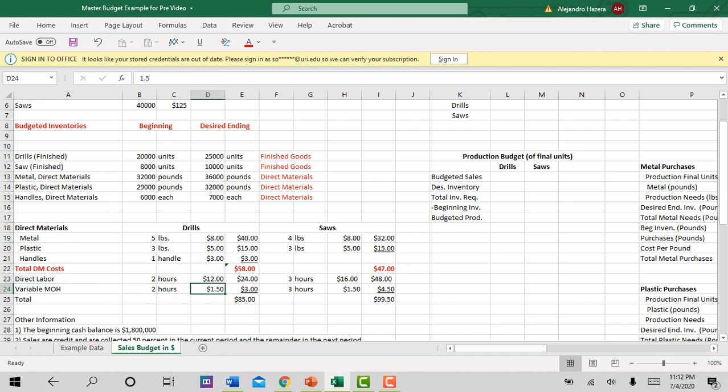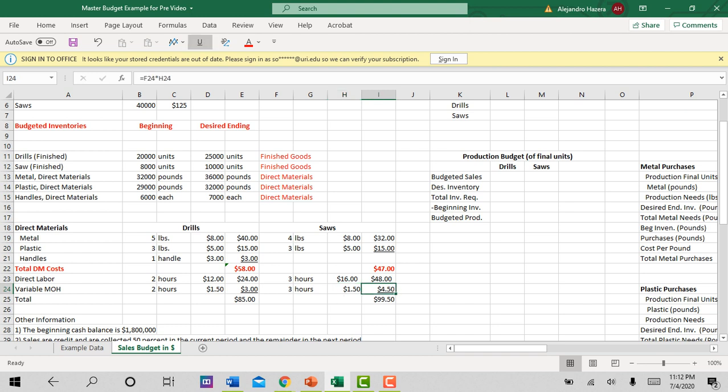And they've estimated that each drill uses $1.50 of indirect labor, indirect materials, and factory costs like electricity and all that stuff. So $3 of regular manufacturing costs are dedicated to each drill, and then it takes a little bit more. It takes 3 hours of direct labor to make one saw. And once again, they think that for each hour worked, $1.50 goes into a product,